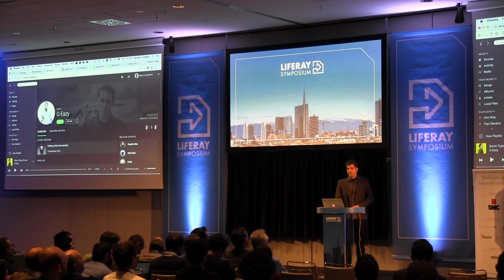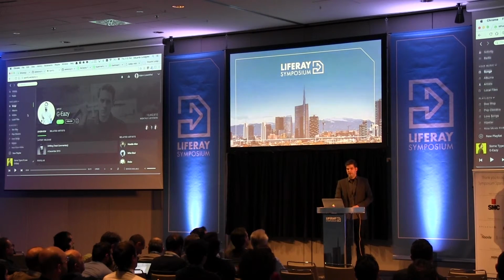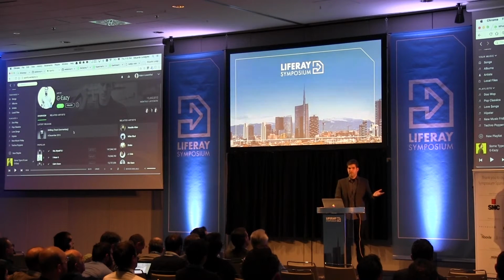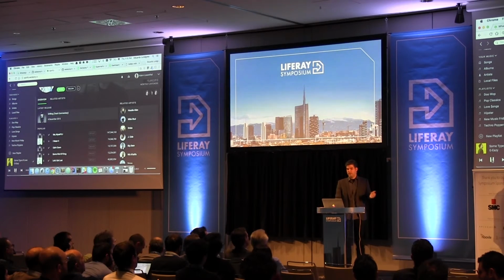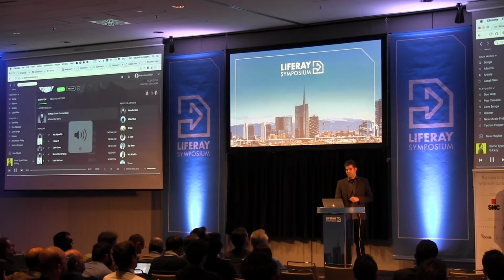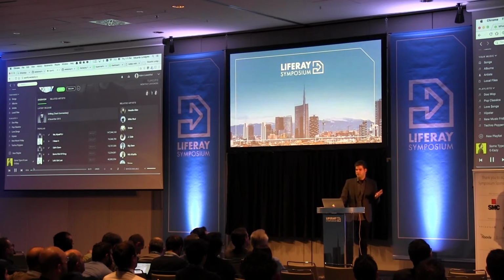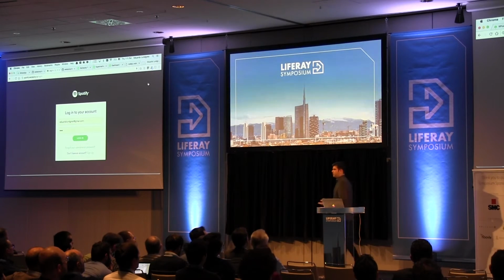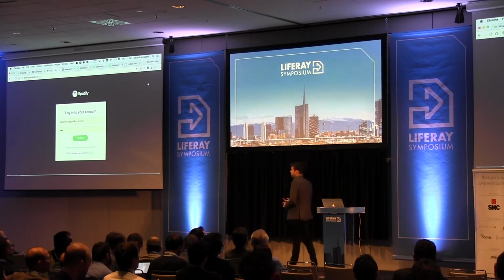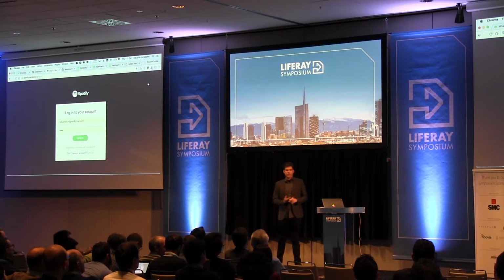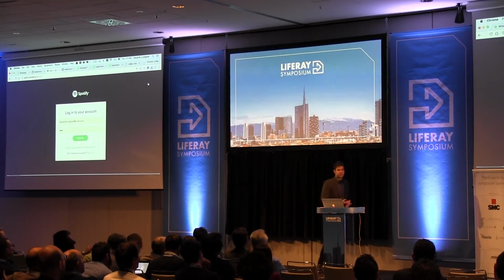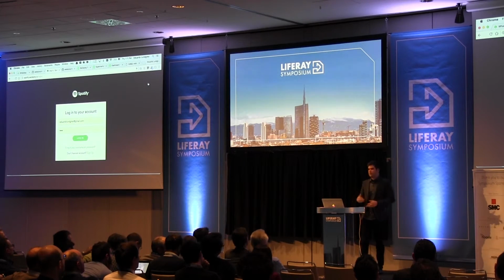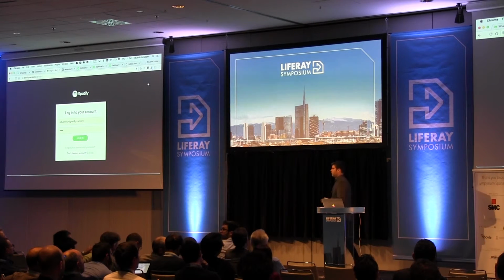And if I log in, it's only HTML pages, and I can access my songs saved in this database. I can sort files, I can play these songs. There is no sound going on, but you can play the music, you can listen to the music, you can log out. And I did that without any backend, a serverless application that stores data, logs in, plays songs, and does everything very quickly. And business is changing. People don't want to spend months and months building applications. They want to be quick.